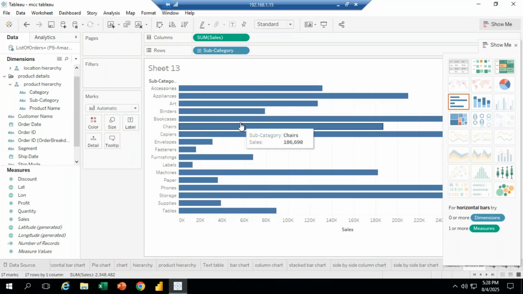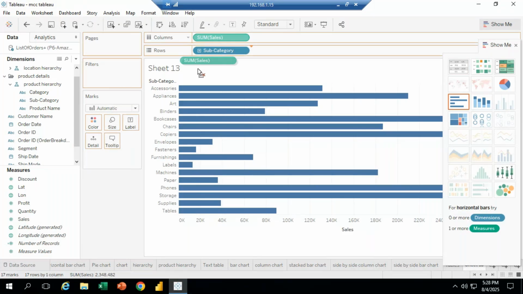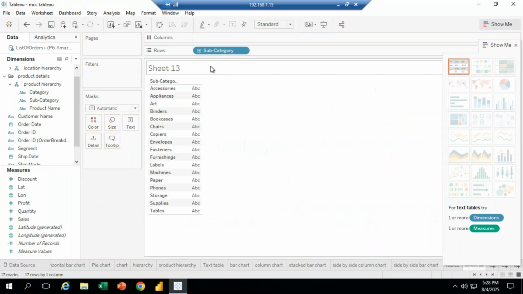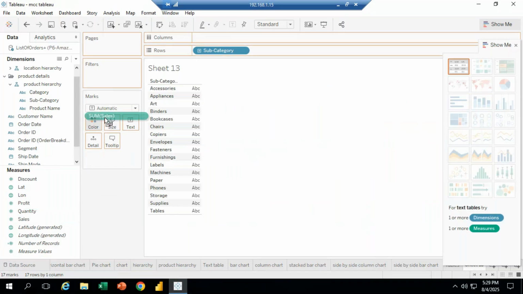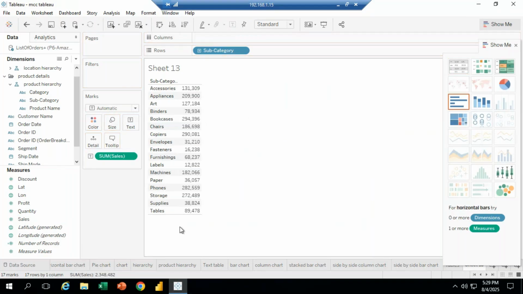When we drag sales into the column, it displays like a chart, a visualization. I don't want that visualization, I need it table wise. So that's why drag the sales. Now drag the sales into the text option, or else here also we can drag and drop into the text option. I dragged. See now we have the sales in the values, but I don't want to display them as values. I want to display these values shape wise. Means, for example,